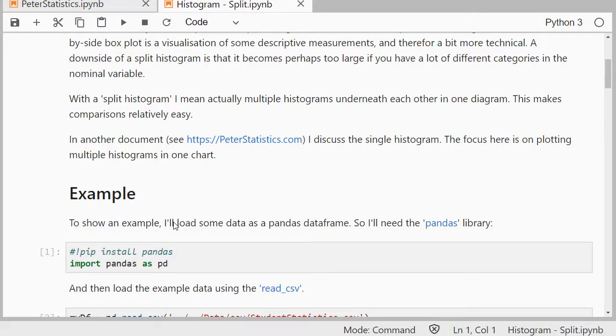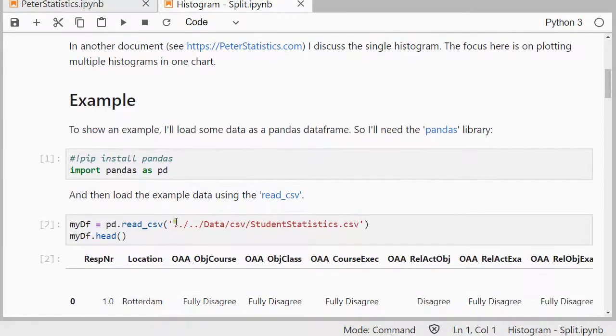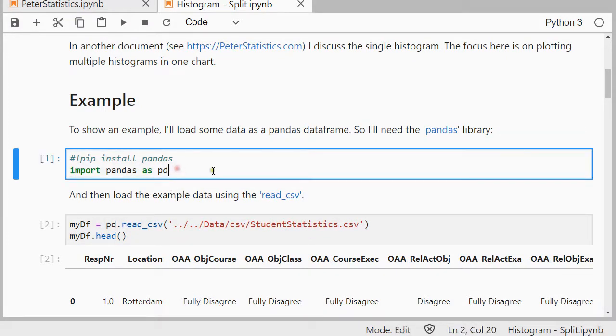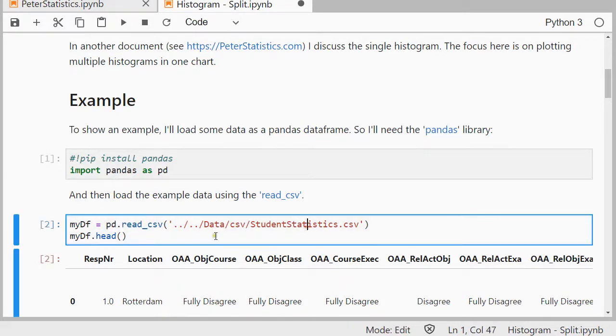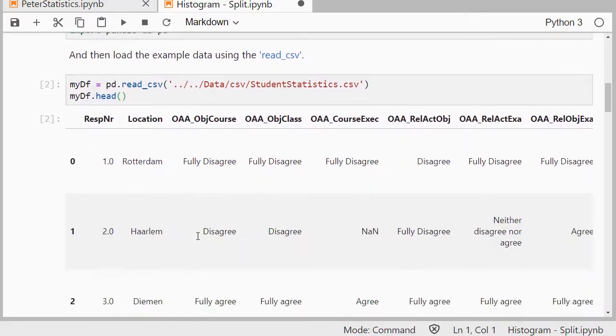I'll show it by using an example, and for that example it's actually going to be a pandas data frame, so I need to import pandas. If you've never used pandas before, you can use exclamation sign and then pip install and then the package name. That goes for any packages used. So I can then load the data using the read CSV, so pd from pandas, and then the function read_csv, and then simply the file that I want to read. And head will show me the first 5 records, so you get a little bit of an impression of the